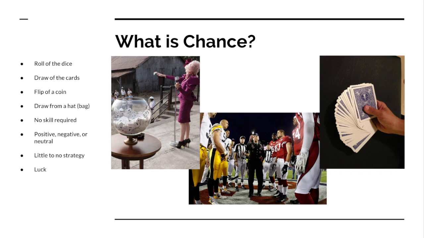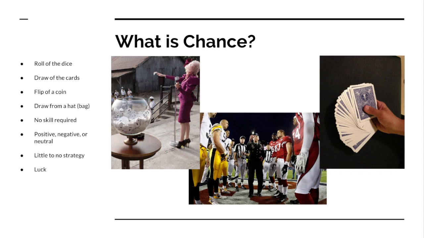The chance happens at random, the chance drawing. But the probability of something being drawn can depend on how many possible outcomes there are. So we'll just say, for example, there were a total of 500 names in that bowl, and you were someone who had your name in there 50 times. There's a 1 in 10 chance your name's going to get pulled, right? As opposed to someone who might only have their name in there 5 times. There's a 1 in 100 chance that their name will be pulled. They're less likely to be pulled than yourself. But after you jumble everything up and a name is drawn, the drawing is the chance piece.